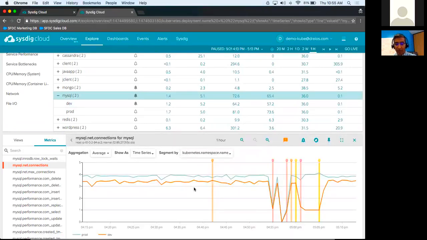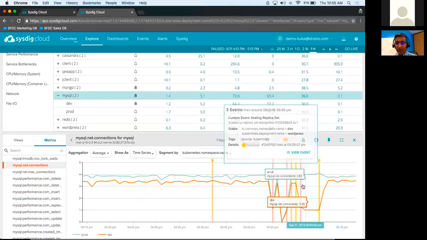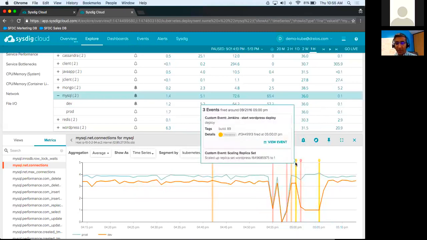And saying, oh, okay, well, look, I'm seeing this. And right now, it looks like it's happening across prod and dev. I'm in trouble. I also see that this did recover over time. Okay, do any of these other events help me understand what's going on?